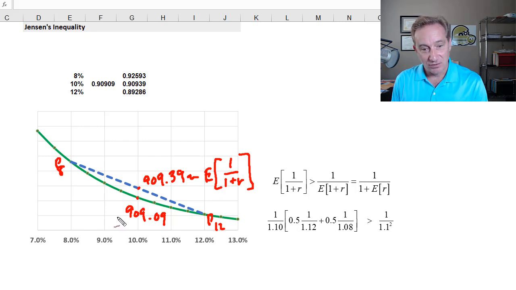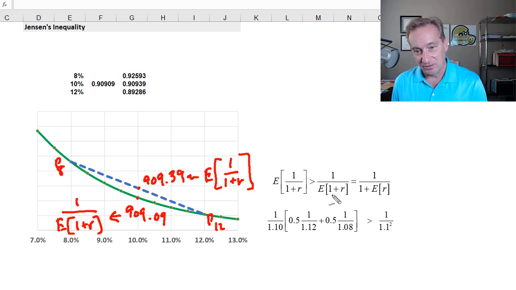The lower value here, the 909, is really 1 divided by the expectation of the rate, or 1 plus the rate. And you can see the 1 comes out, so these are equivalent. So a subtle difference, but it gives rise to a difference in the price. Which one is correct? Well, it's not that one's correct or incorrect, but rather what we'll see now is that